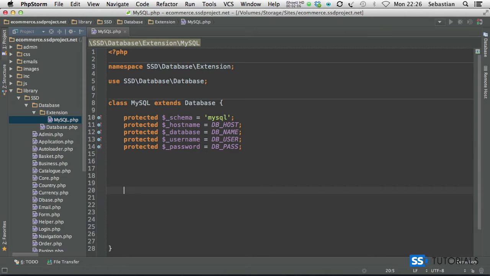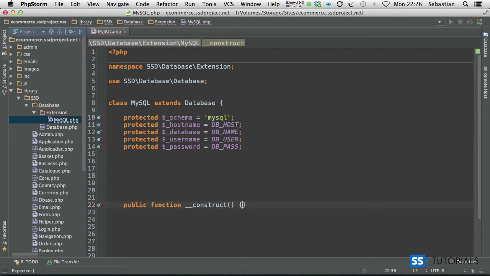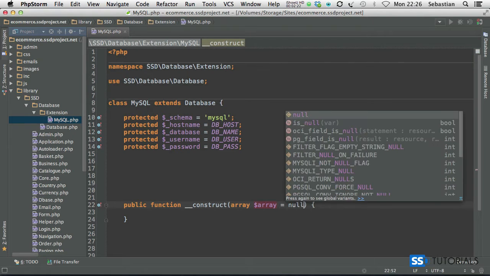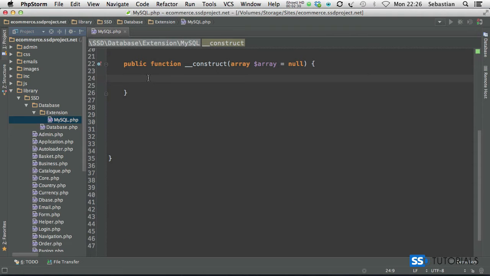our new MySQL class. So we start public function __construct, and we'll take one parameter here, which is going to be array. We're preceding our array, and I'm going to set it to null with the array keyword to make sure that whatever is passed through is of the array type. If I scroll up a little bit, and now we simply check if is an empty array, then what we're